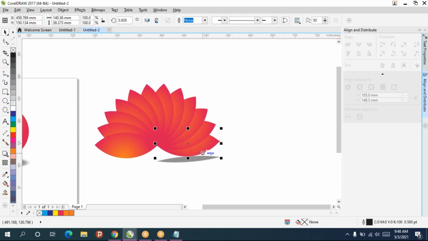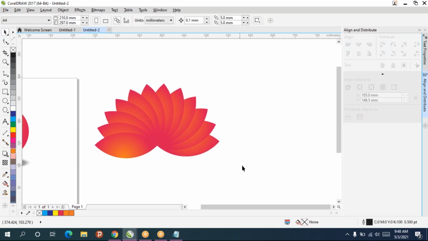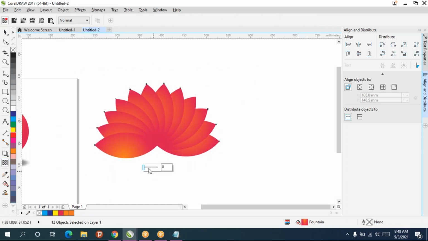So for this, if you don't want the drop shadow, go to drop shadow and remove the drop shadow for this. Now I'll select all of this. I'll apply a little bit of transparency.